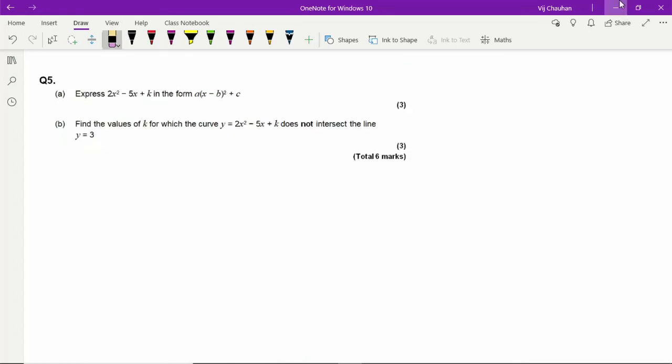So for question 5, the first one refers to completing the square, so let's just put that in brackets. We want to try and express 2x squared minus 5x plus k in the form a(x minus b) squared plus c. To start this off, first things first, factorise with respect to 2, because we want to try and get x squared by itself. So I'm going to divide everything else by 2,